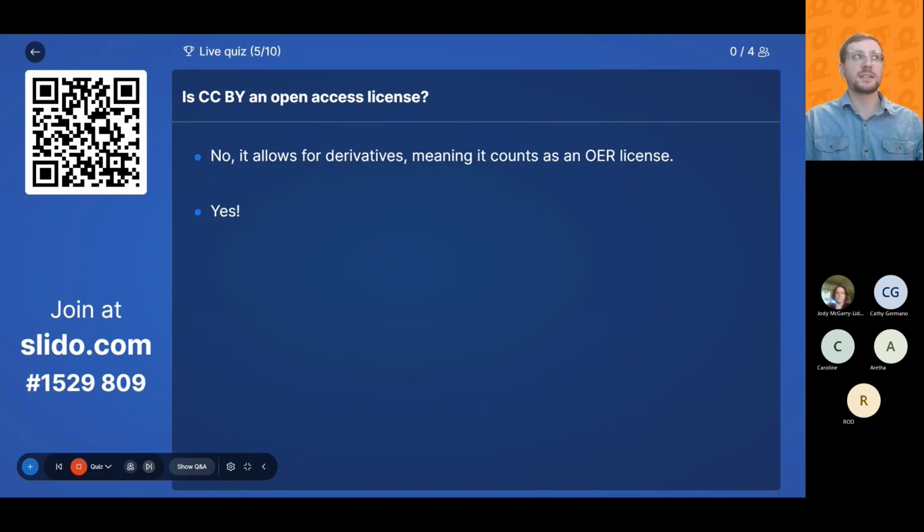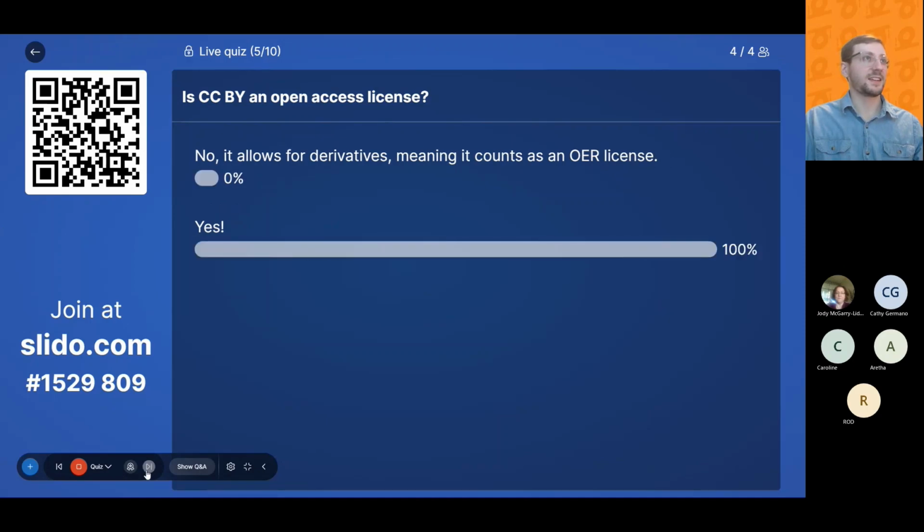Question 5. Is CC BY an open access license? No, it allows for derivatives, meaning it counts as an OER license, or yes. Take a look.